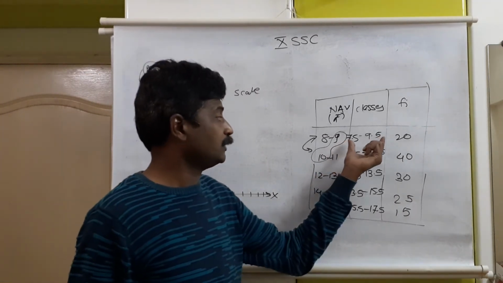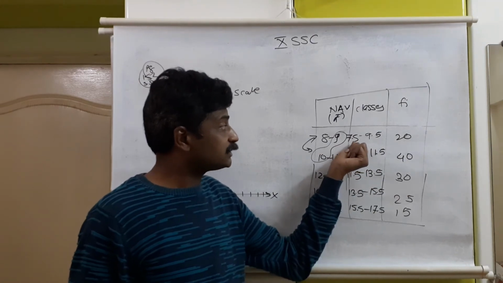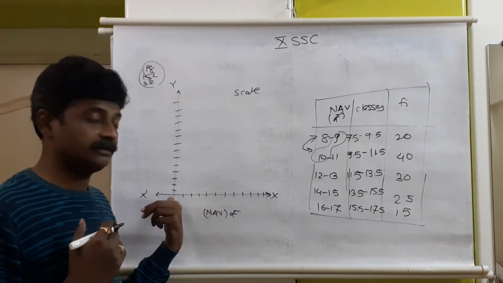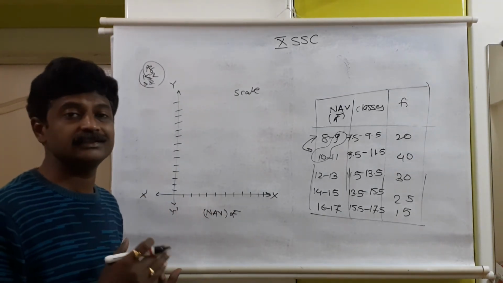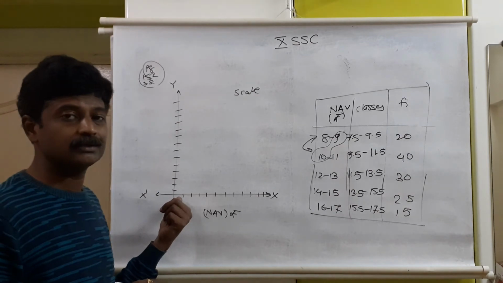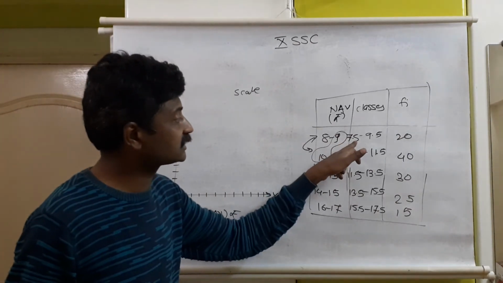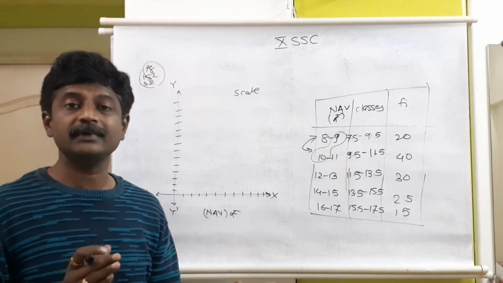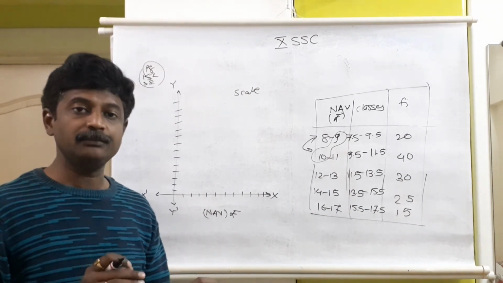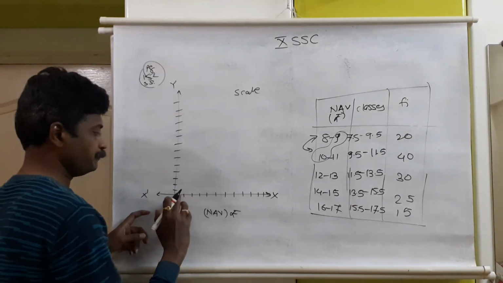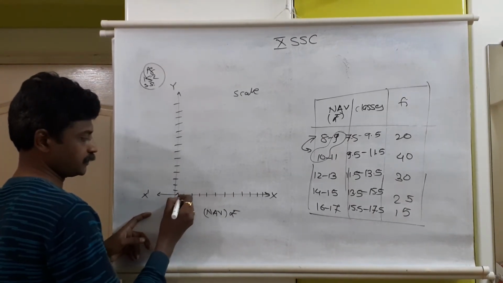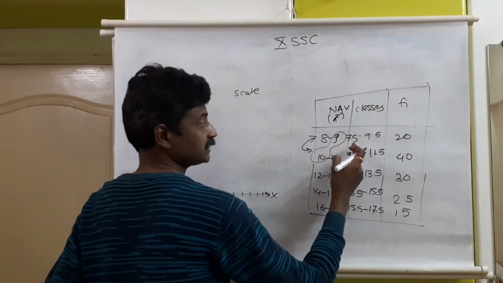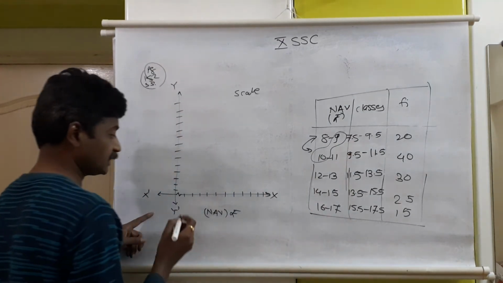So we have 7.5 to 9.5. The first class will start with 7.5. Before 7.5, because this is the origin, mostly we consider the origin as 0, 0: x coordinate 0, y coordinate 0. From 0 till the start of the first class, 0 to 7.5, there is a gap. This gap is not of use, just blank space, and can be utilized using the kink sign. So use the kink sign in the first centimeter. It shows that between this and the first class there is a gap, and the first class starts with 7.5. So the continuous classes will come here.